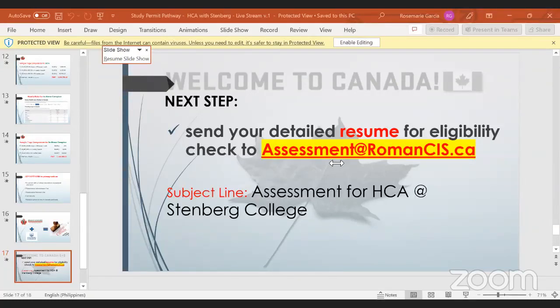Thank you. Thank you, Miss Janica. I just want to add something from what you've answered from the question of our anonymous attendee for this one. And if you're worrying about this, the assistance and how you will be able to facilitate, enroll, and register for your IELTS, don't worry, because one of our employee from Roman Canadian Immigration Services, we will be delegating, of course, our case processing manager, who will be assisting